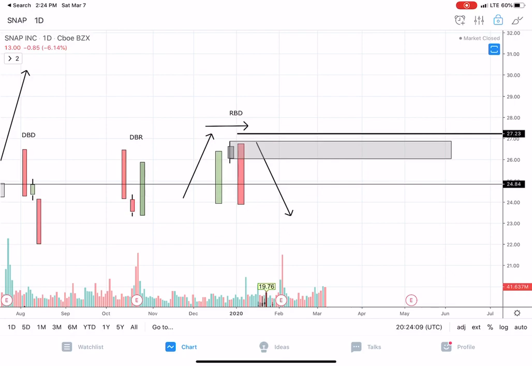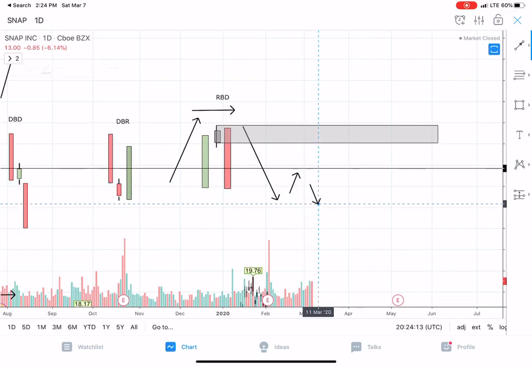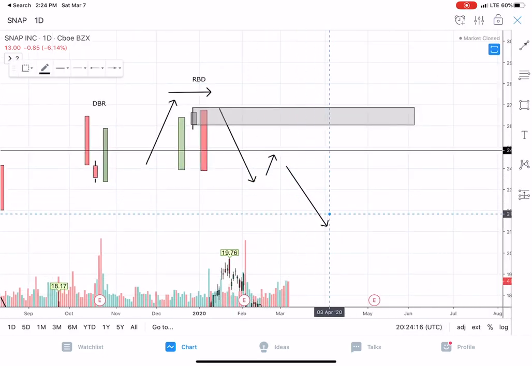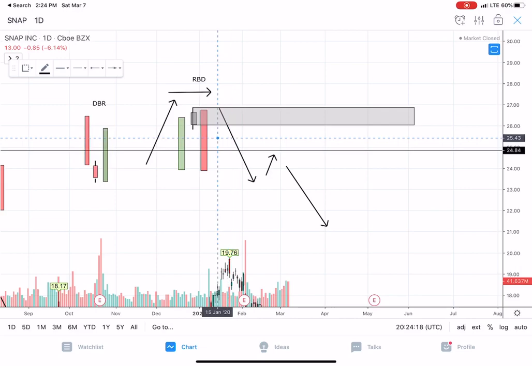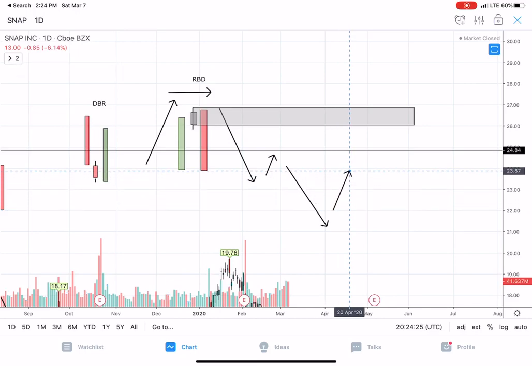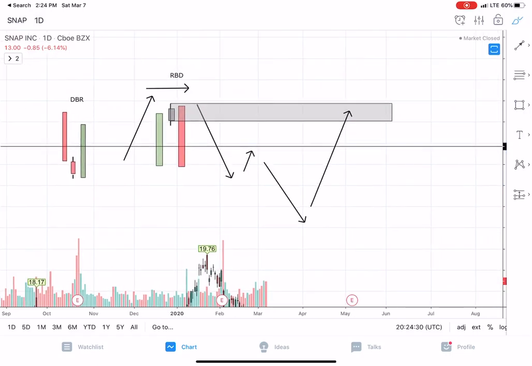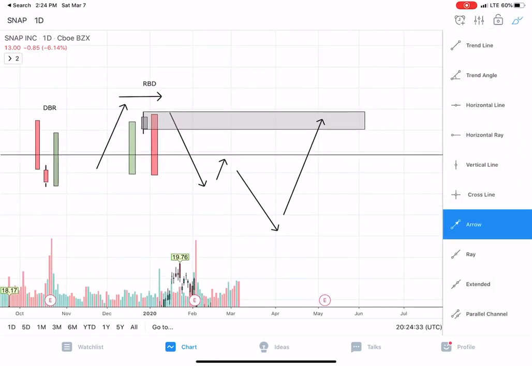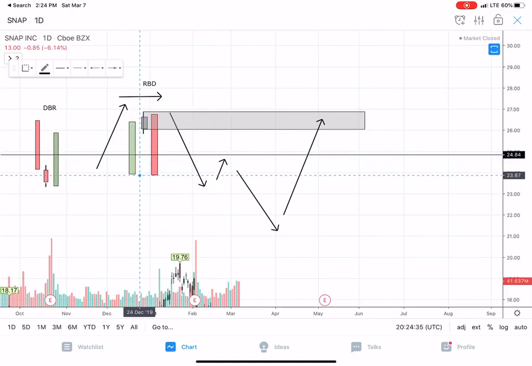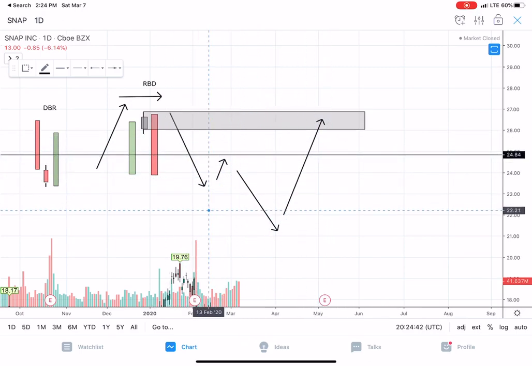With this setup, you want to be patient. Price is going to sell down, it's going to go up and down, and then eventually you're going to get a move back to the origin of the sell. Because remember, the market always likes to make its move back to the origin of a move in price. So I would wait for the market to move back up into supply here, and this makes a very high probability trade for the short side, because if this structure prints on a daily or weekly chart, it's very powerful, and I would take the short trade every single time,